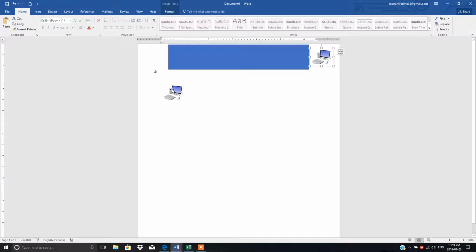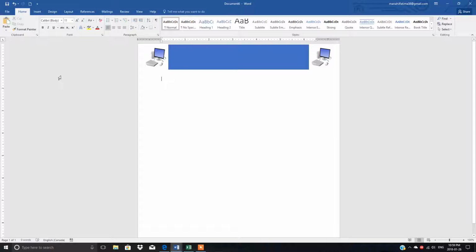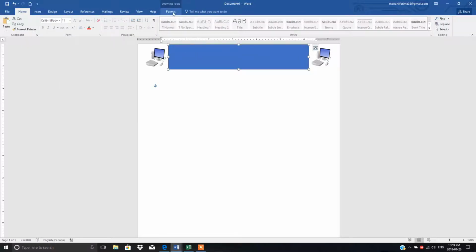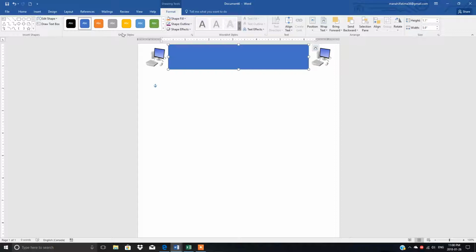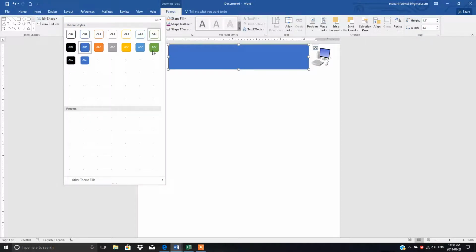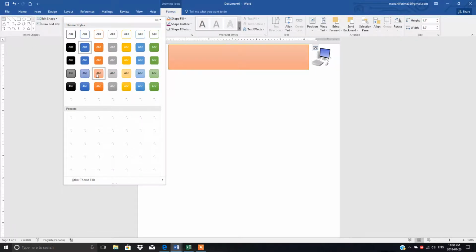You can press and hold your mouse and set it here. From here as well, with this resizing handle button, you can increase or decrease the size of this computer as well, right? So there are 2 or 3 different ways to set it. So this is done. Now suppose you do not like this style, so these are the Shape Styles. Open this arrow and you can find different styles. You can try whatever you want according to your company's letterhead.